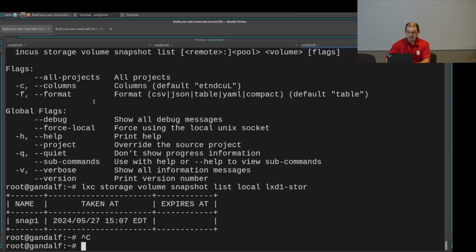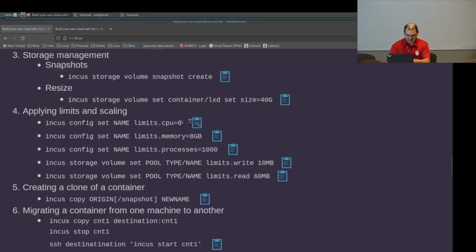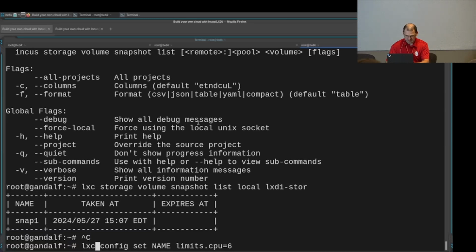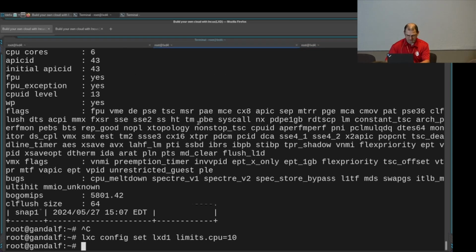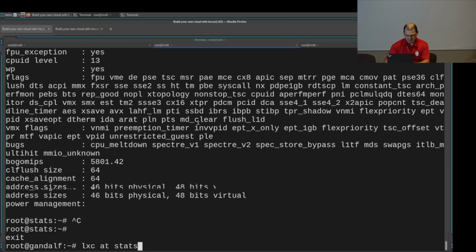So let's add more cores to these virtual machines. And this is LXC here, and the virtual machine is LXD1, and let's put 10 cores here. Okay, so this actually requires two things. One is to expand the control group that is controlling the virtual machine, and then tell the virtual machine that there are new CPUs there to use. Now, when we go here, okay, let's attach again to LXD4, cat /proc/cpuinfo, and now,